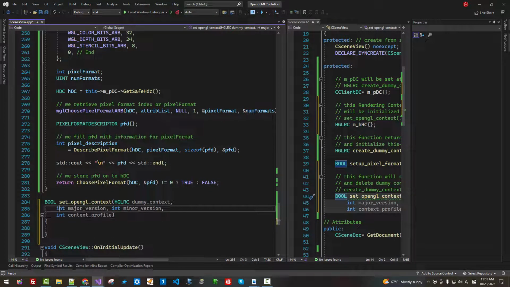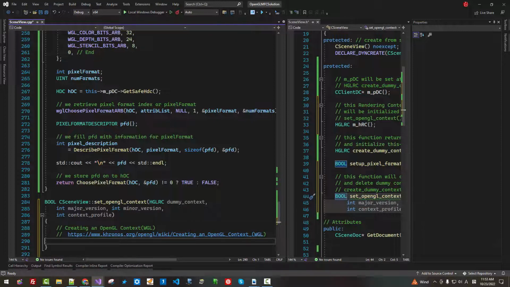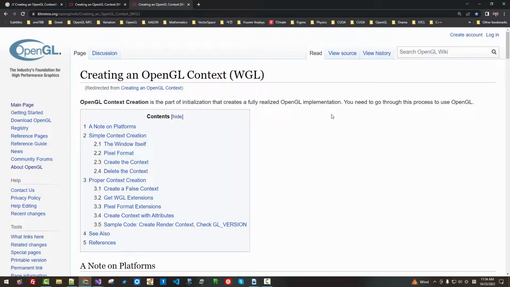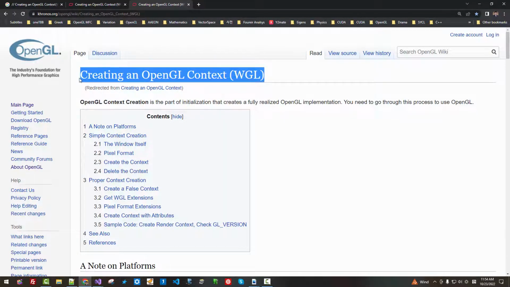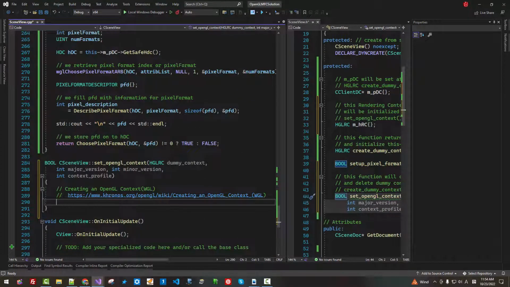Copy, paste. I would highly recommend you to reference this document. For example, you can find the link like this. Now, here,